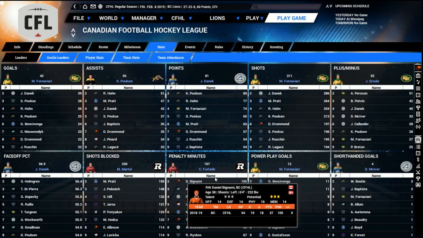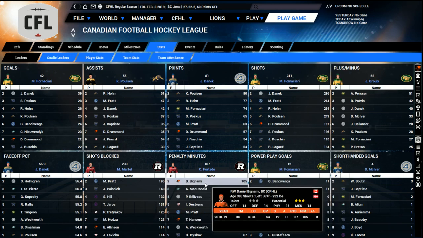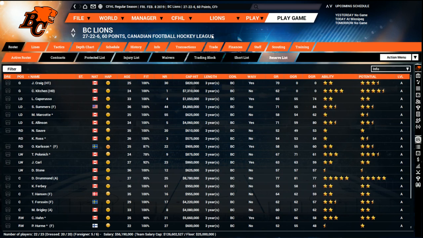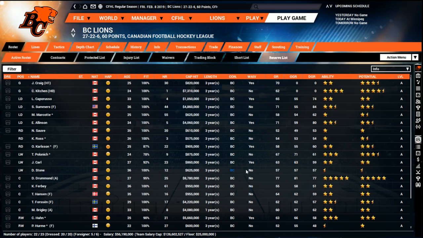Just checking our stats leaders here. We got Drummond in the top 10 for goals and assists and points, and we've almost got Bignani to the penalty minute lead. Which is a little sad because he's our number 3 or 4 scorer, but...